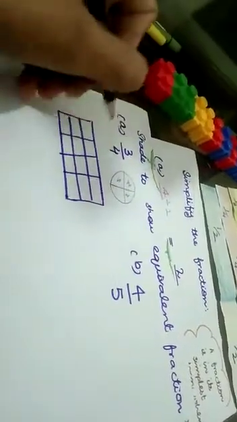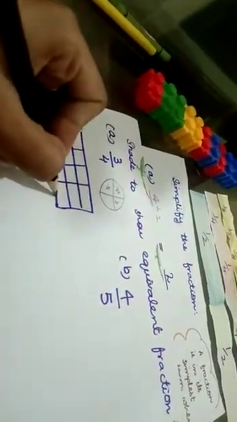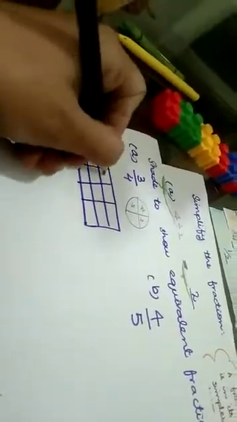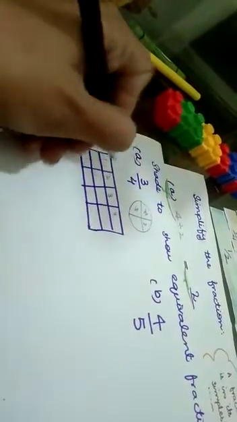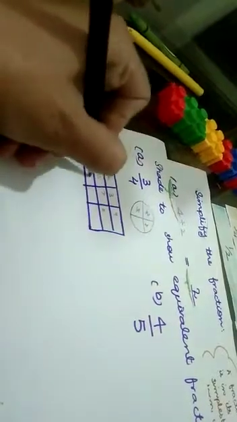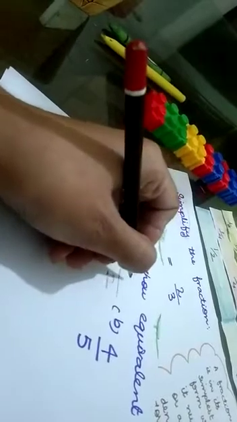But you have seen that there are so many fractions in this diagram and they are saying to shade 3 by 4. Shade to show the equivalent fraction. So what will you do? First you will find the equivalent fraction of 3 by 4, right? So what will I do? I will count the bars. For example, in this bar, I will count the fractions: 1, 2, 3, 4, 5, 6, 7, 8, 9, 10, 11, 12. There are 12 total parts, right?